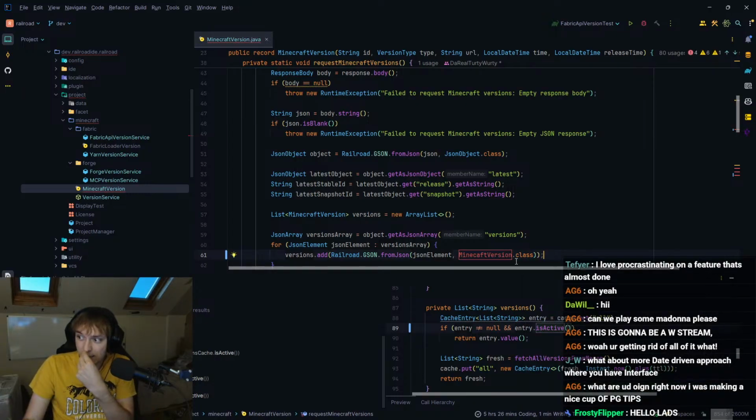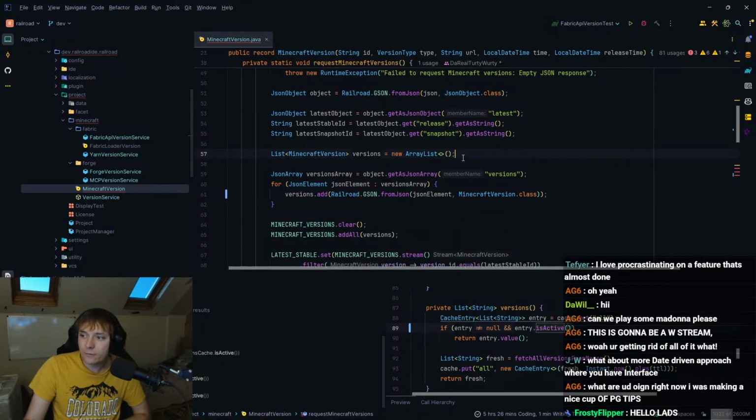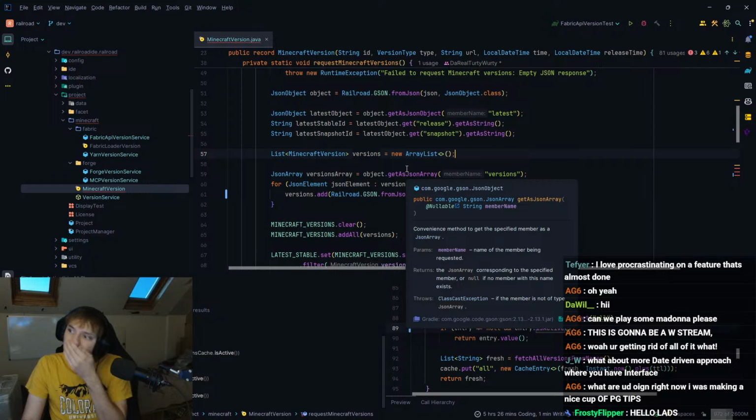That would be fantastic. I would be very happy about that. And I think we probably can do it, but we have to register a type adapter. That's the only way.